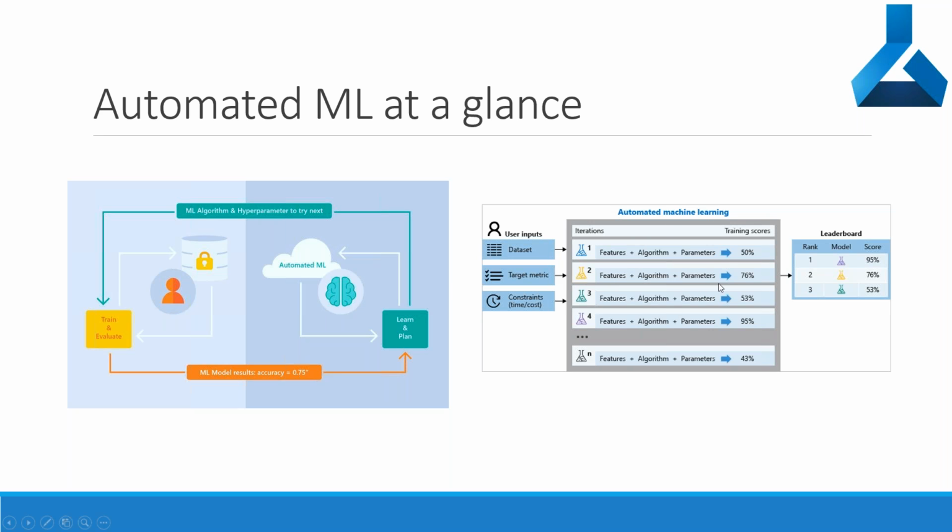And again, what you are seeing here is the same thing. Based on the user inputs, the automated machine learning will run through several experiments based on different sets. Maybe it may take a different set of features with a different set of parameters. And finally, what it gives you is a training score. So it trains different models and comes up with some scores, and then it provides a ranking based on the score. And based on the ranking, that's how you get to know this is the optimal model that the automated machine learning is recommending to use. And pretty much this is the process that we are going to see in the demo.